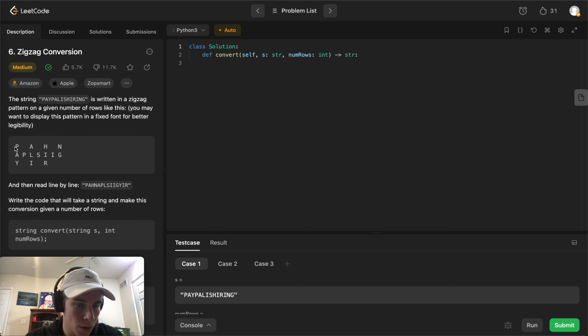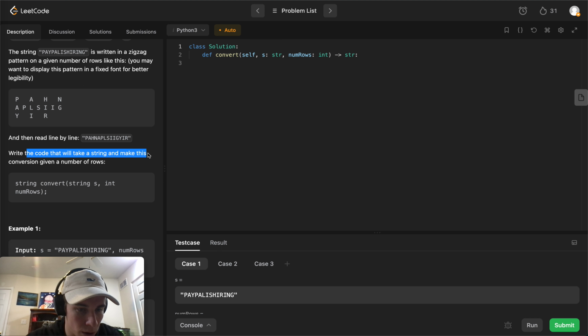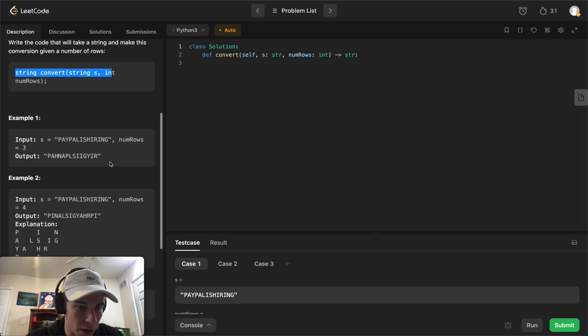Okay, so PAYPALISHIRING, and it's written in a zigzag, essentially bottom, up, bottom, right, bottom, right, bottom. The written code will take a string and make this conversion given a number of rows. Okay, example 1,